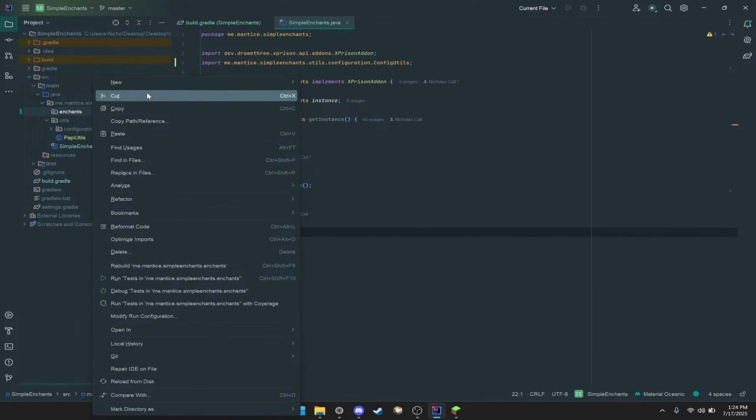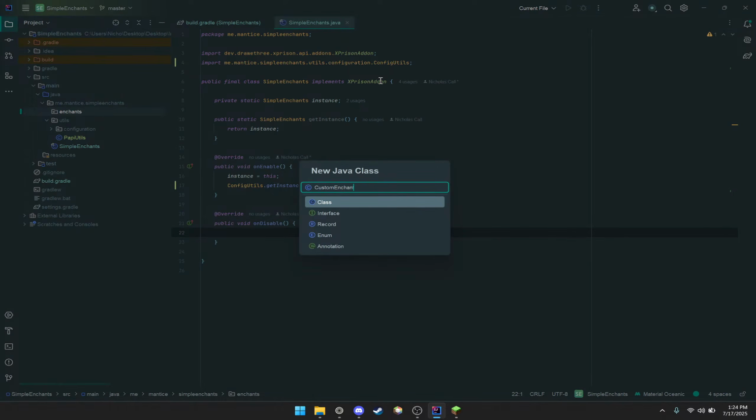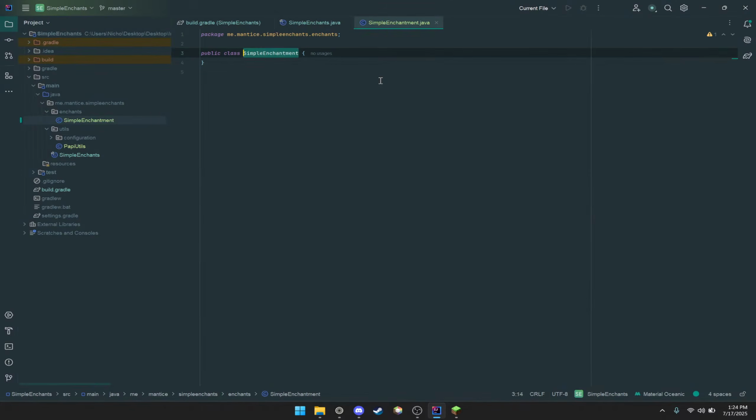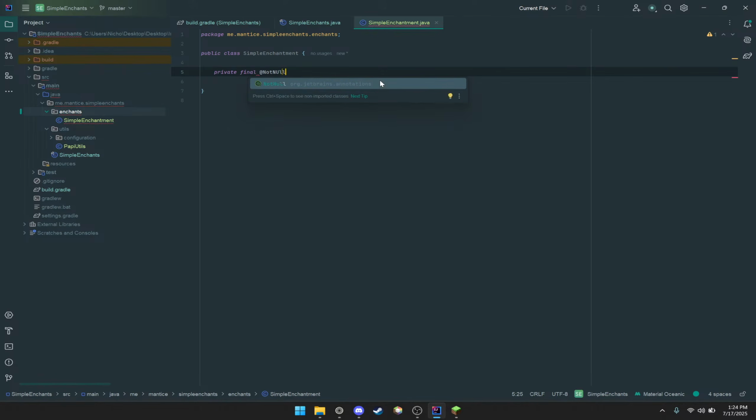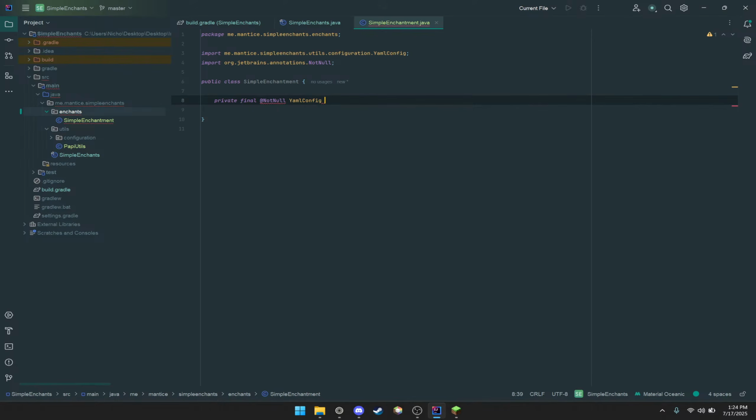So every, I'm going to call it simple enchantment, and this will be the base class for all of our enchantments. This will store a config, so it'll have a config, and